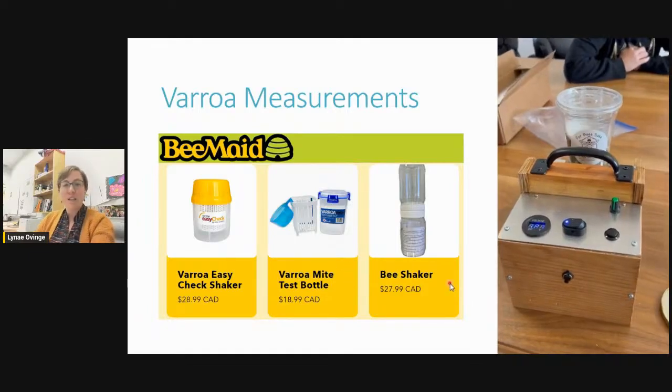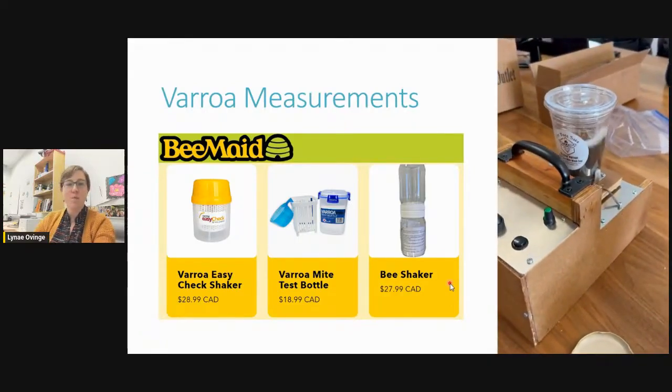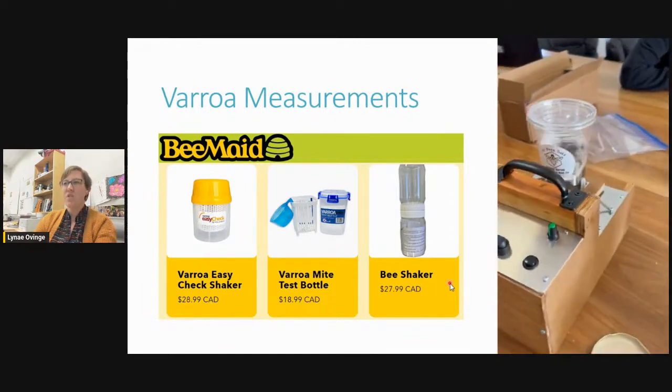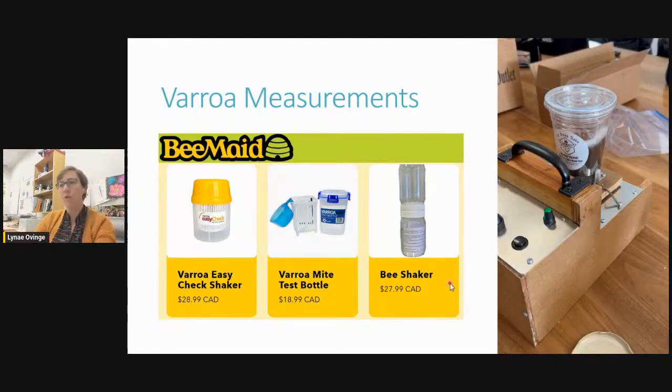And then we also have, I just ordered this one. This comes from Lynae Ovinge. He's made this. I'm going to go back and show it to you again. Those are just like some Starbucks cups. It's a pretty simple cup, but the shaker is all designed to be field worthy, so you can take this to the field with you. It runs on a 12-volt battery, and it's all made by Lynae Ovinge.